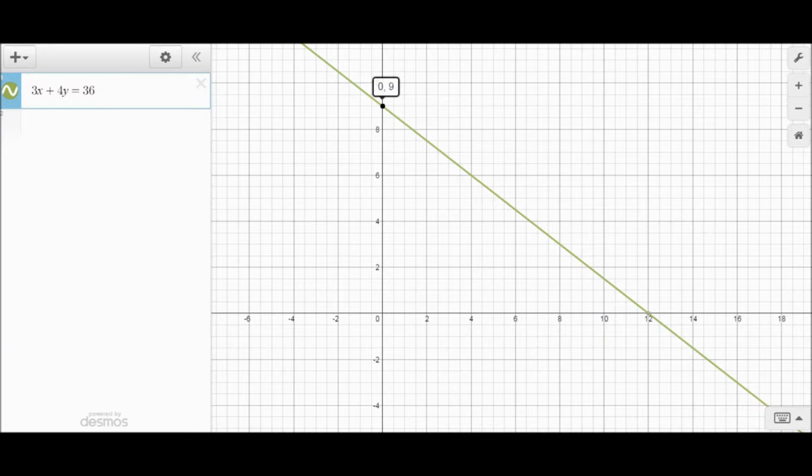So, with everything done and your plots of (0, 9) and (12, 0), you should, in theory, have the line. Before I get started on telling you guys how to graph an absolute value equation by the method of translation,